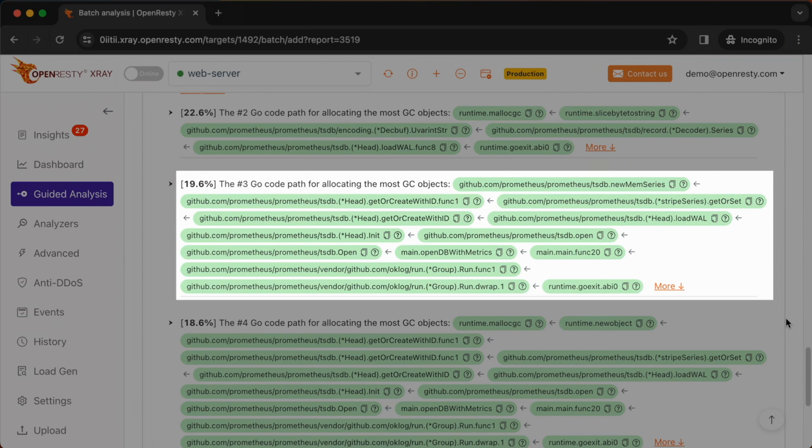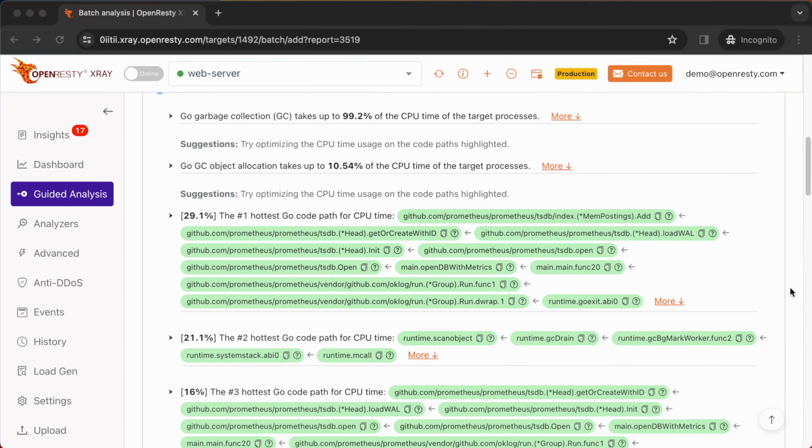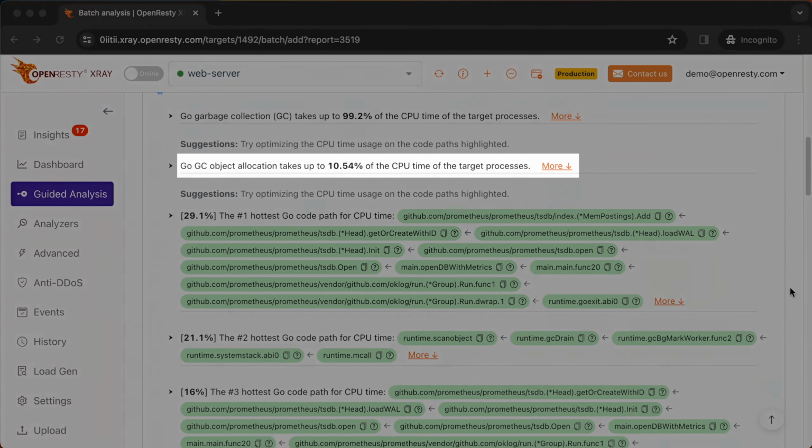The number of GC objects newly allocated by this code path exceeds 19% of the total new allocations. And we can see here that dynamically allocating new GC objects takes up almost 11% of the CPU time. So such allocations not only incur high garbage collection overhead but are also expensive themselves.